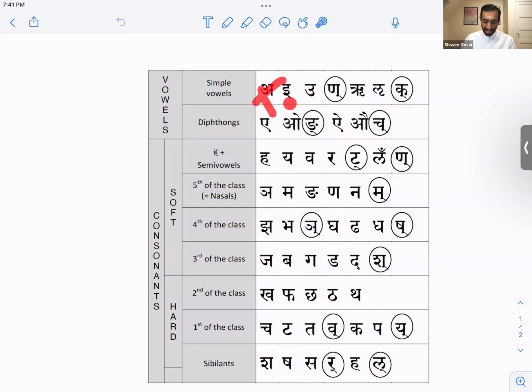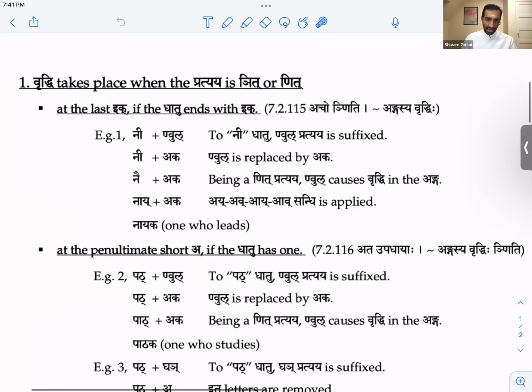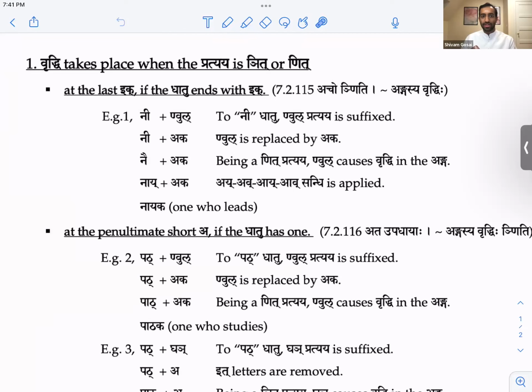Not akara, but any i, u, ṛ, ḷ. One of these 4, not including these it letters. Right? So i, u, ṛ, ḷ. These 4 are an ik. So if the dhatu ends with one of these four letters, right? That last ik is going to take vriddhi.